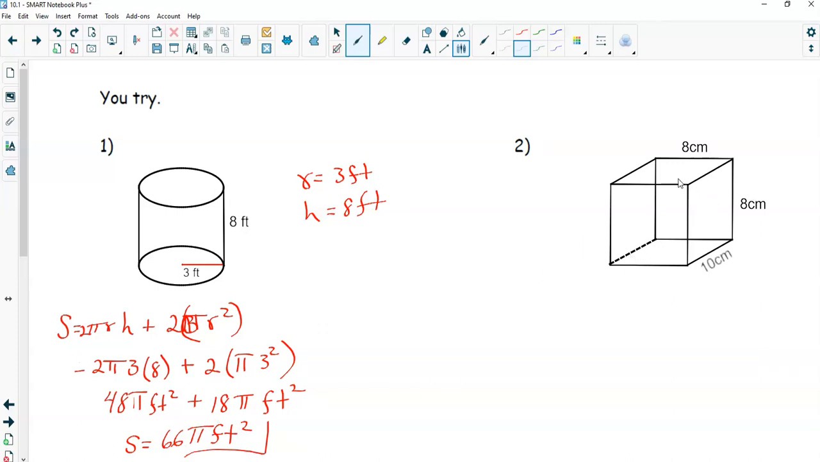Here is the last one here. Basically, I have a square in the back because 8 times 8, right? So the perimeter, remember the formula for surface area is perimeter of the base times the height plus twice the area of the base. Well, the perimeter is 8 times 4, which is 32 centimeters, times the height is 10 centimeters,